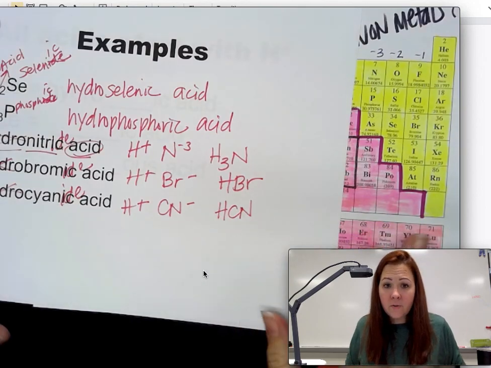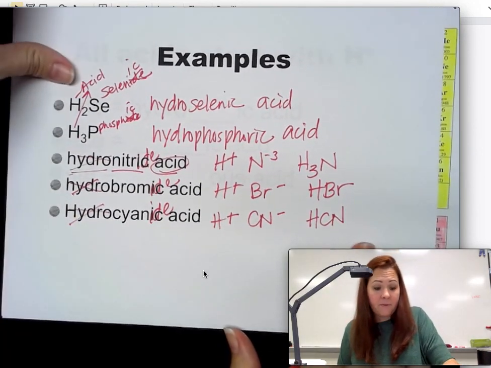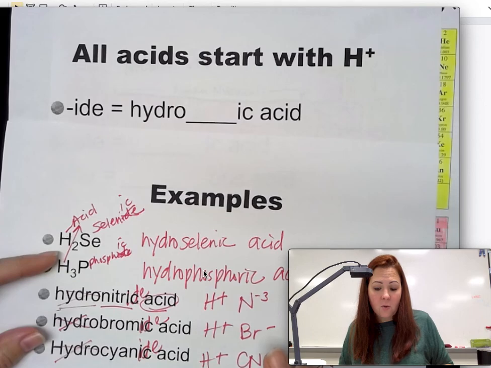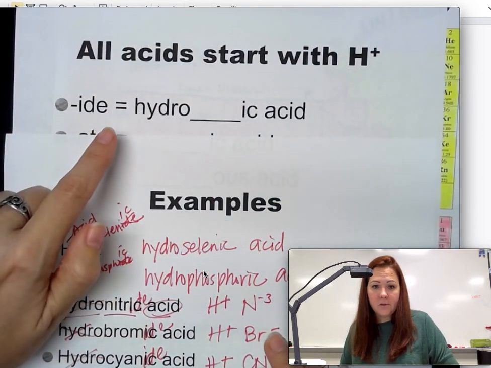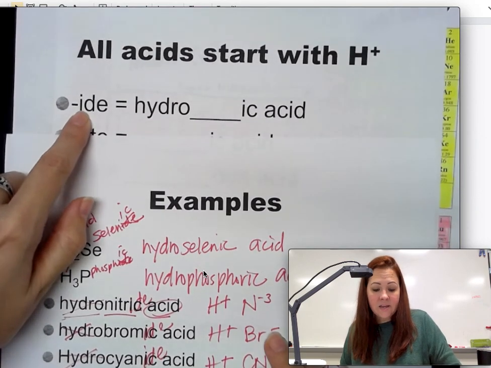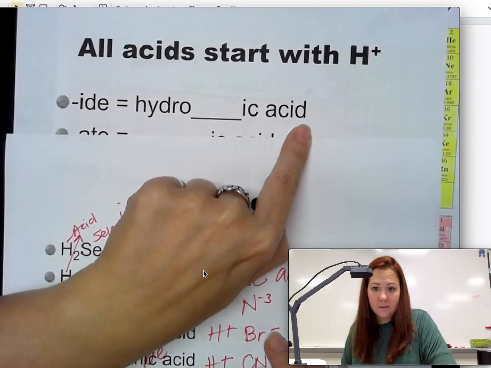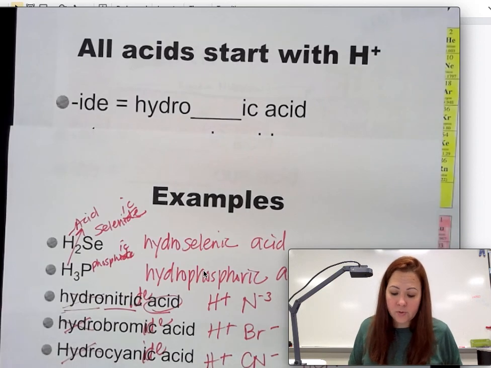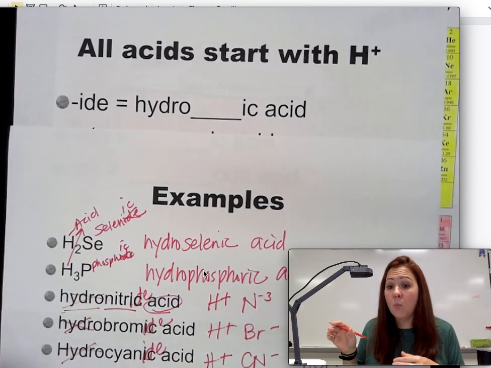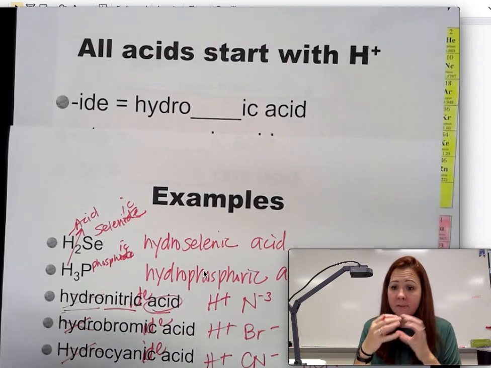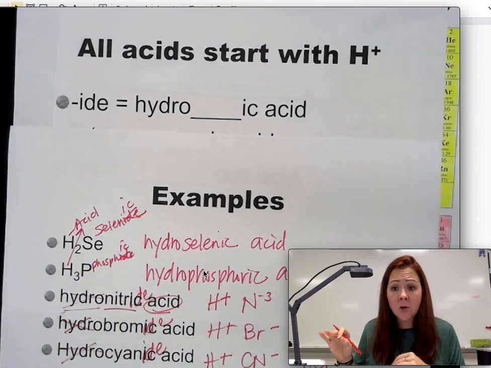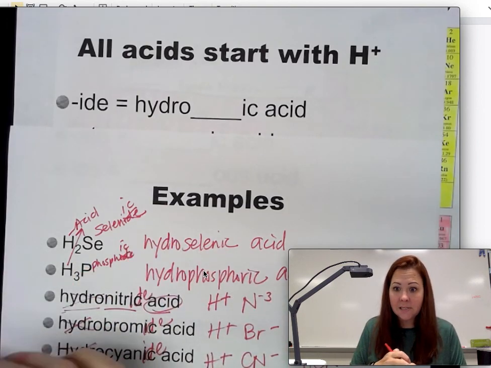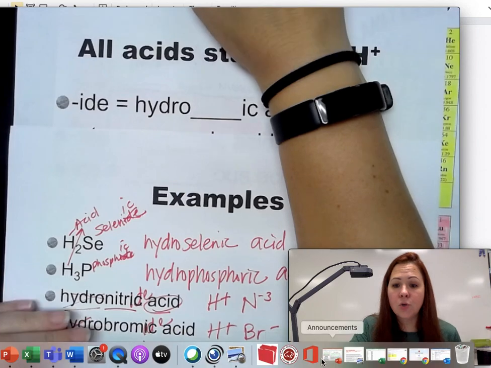So we're going to do another video with the other type of acid, but for right now, if you have your hydrogen ions, that means that you're going to use these rules. IDE is your hydro-ic acid. Again, we have two more rules that we're going to look at in your next video. For today's assignment, you will need to go ahead and watch that video because all of your acids are mixed up together. So you'll need to watch this video and your polyatomic ions, which is called ate and ite acids, in order to do the